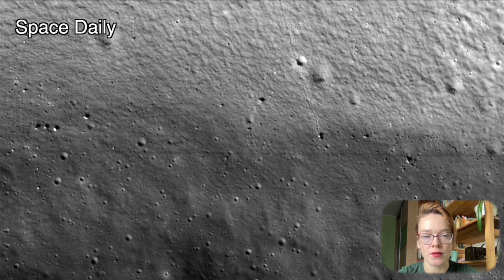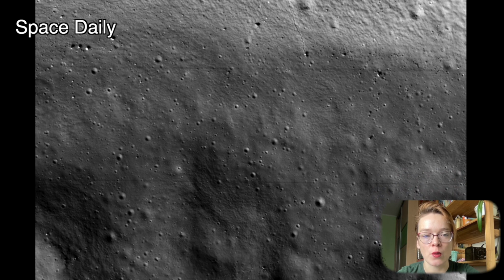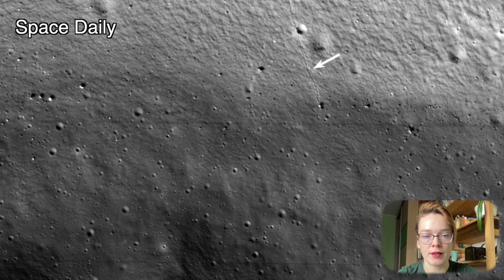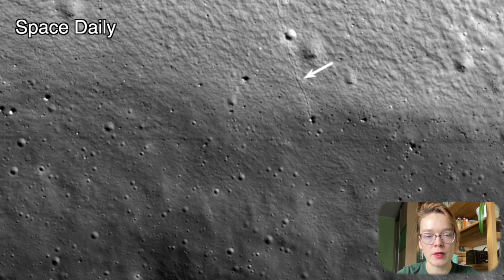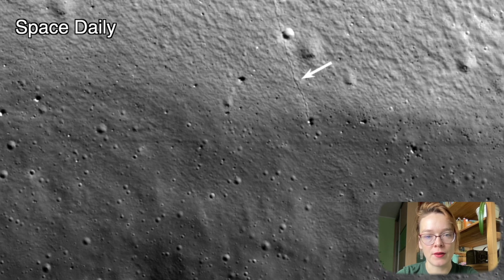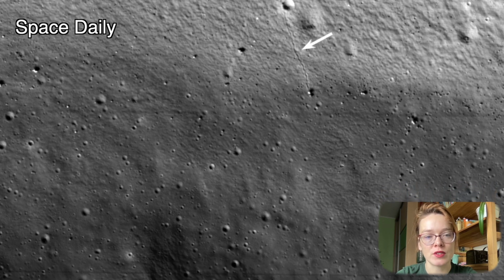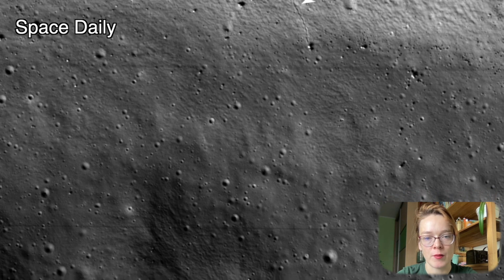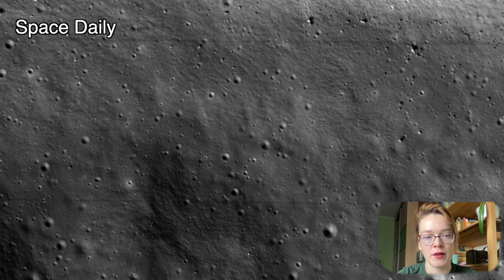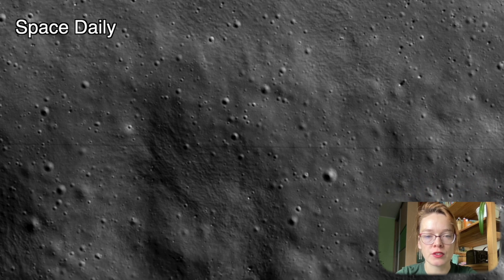The top fifth of the image shows the base of the steep wall of Shackleton crater, with the lower portions displaying the crater floor. At the top, the track of a roughly 16 feet diameter boulder that rolled down the wall of the crater can be seen. This area of Shackleton crater is not the most likely place for frost and ice to form on the surface. There may be ice and frost elsewhere in this crater where temperatures are lower, which will be captured in ShadowCam